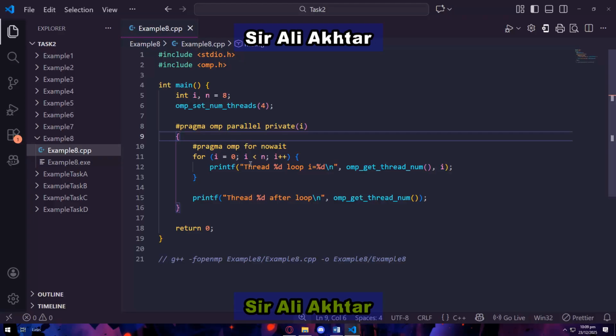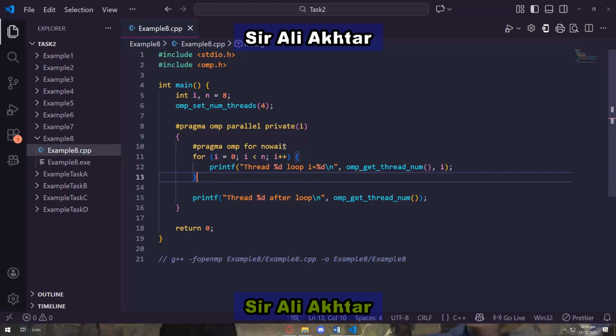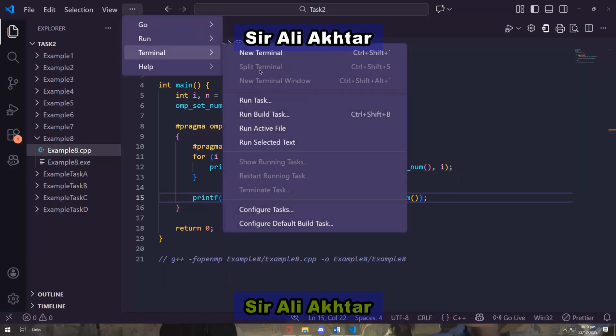It might be possible that one thread will print this line, and then another thread will print this line, and meanwhile any other thread will print this outer block line after completion of its loop. So unsynchronized behavior could occur. If we do this without nowait, then all the threads will print their for loop responses in line, and after that they will print this outer print that these thread numbers are after the loop. If we run it,